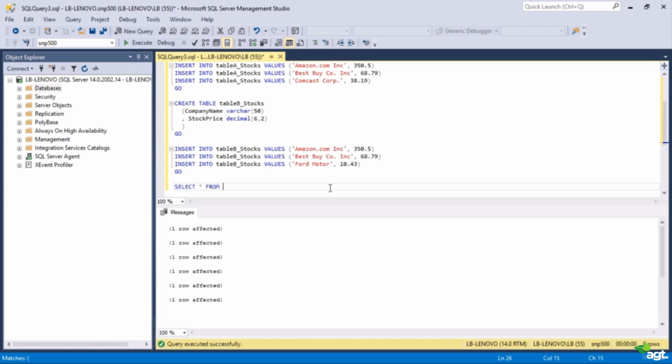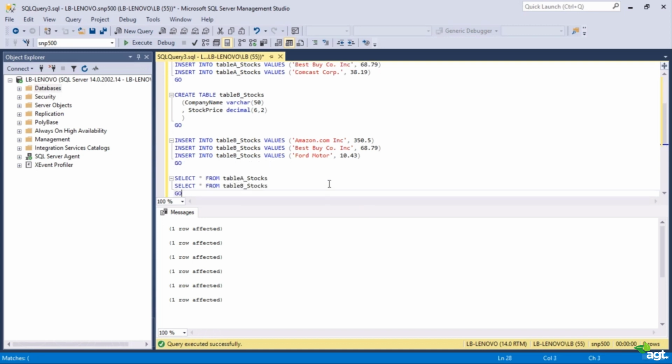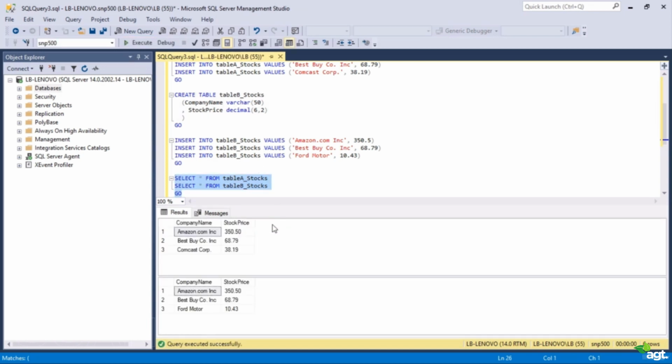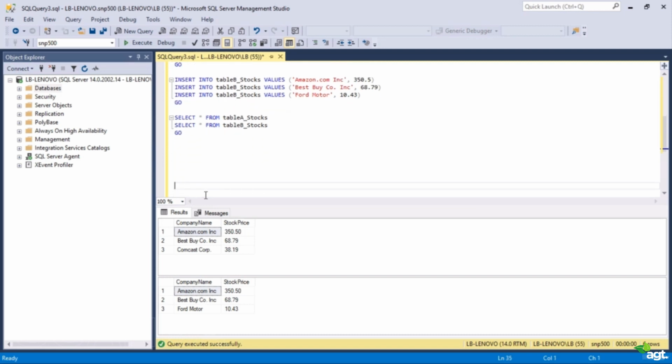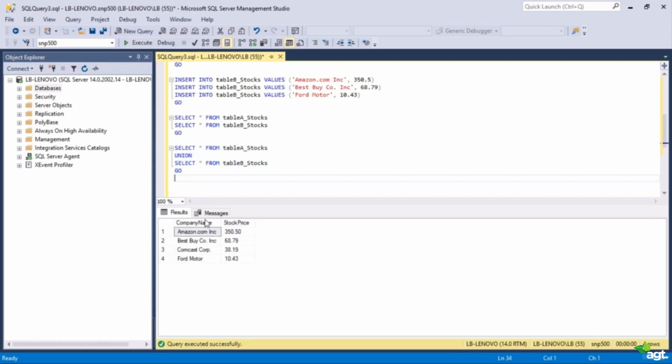With the 2 select statements, we will check if the tables were filled with the data as expected. The 2 select queries are executed in one batch, so the result window shows 2 outcomes simultaneously. This is convenient when you want to compare 2 data sets. Now we will take these 2 select statements and combine them with the union statement. As a result, we will get a table where all distinct rows from Table A and Table B are united